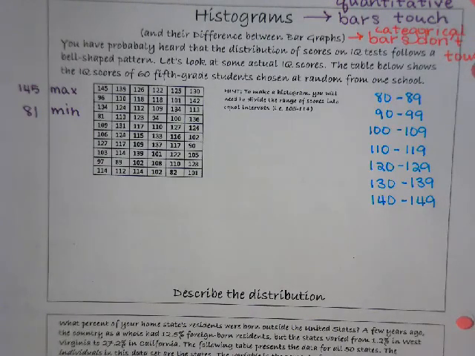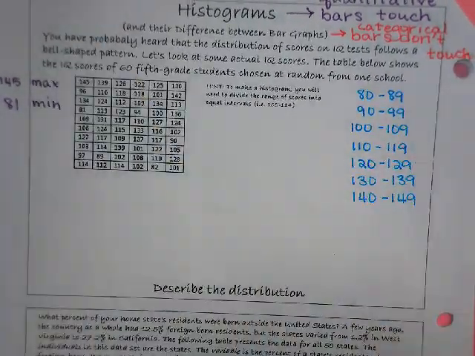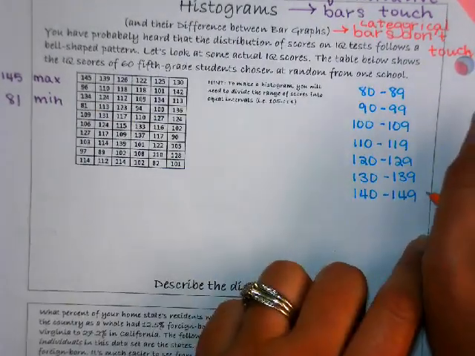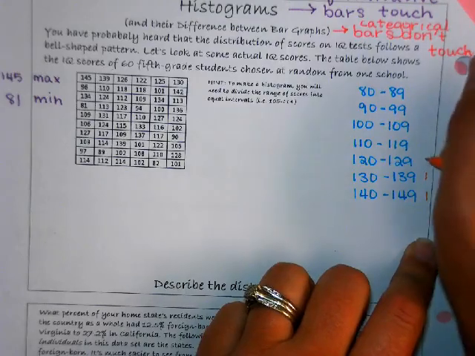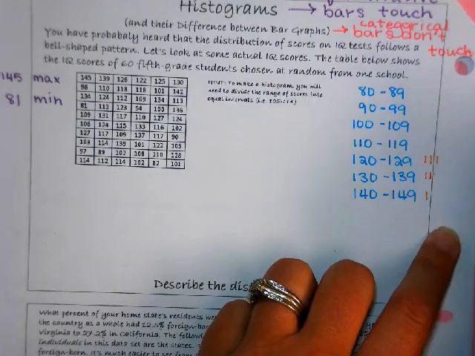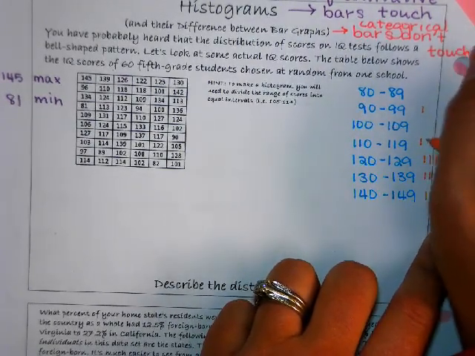I personally am going to use tally marks. That does not mean it's the only way to be done. It's just my brain works better that way because then I can just go straight through the list and not have to jump around. So I'm going to go across the rows. 145, 139, 126, 122, 125, 130. 96, 110, 118, 118, 101, 142,